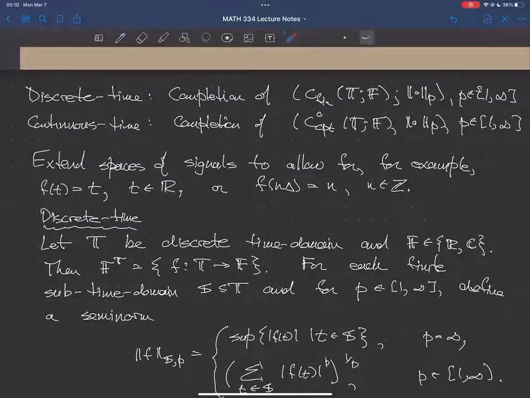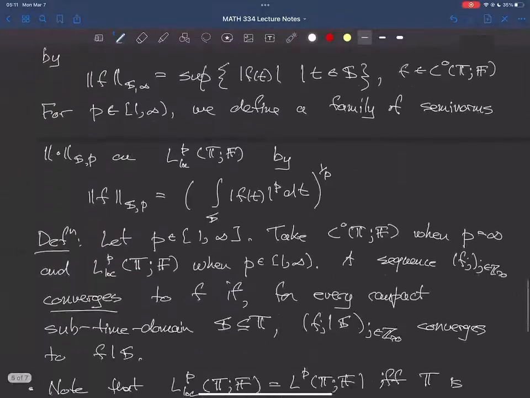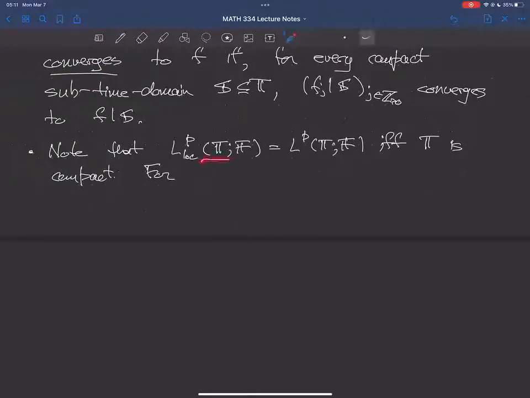For example, this function that we talked about in the beginning, f(t) = t defined on all of R. We have no problem with this being in L^p_loc for any p, because on a compact subinterval S this is continuous and so bounded, and so certainly we'll have a finite p-norm. In the unbounded case, we don't find it hard to imagine that these spaces aren't the same, but let's make sure we understand the bounded case as well.